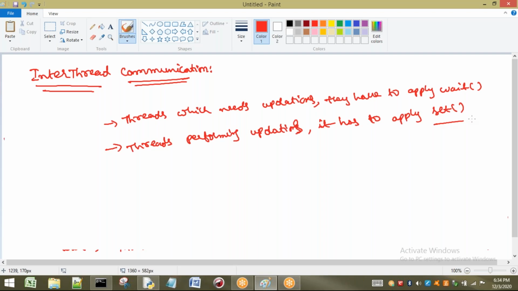The thread which requires updations applies the wait method. The thread which is going to perform updations has to apply the set method.